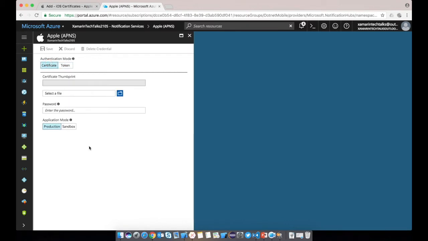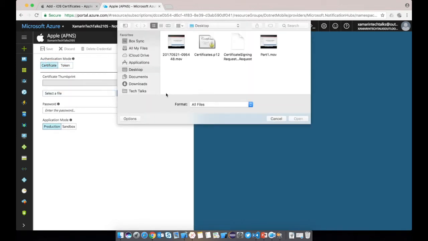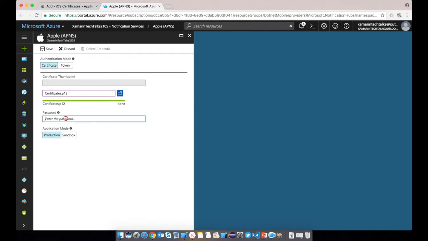So click on certificate. We just need to choose the APNS certificate. We need to remember that we should not select the development certificate. We need to choose the APNS certificate we just created, and we have exported that as a P12 file. That should be a P12 file, and just open that. After that, just specify the password of that P12 file,